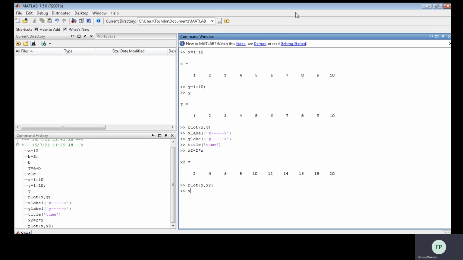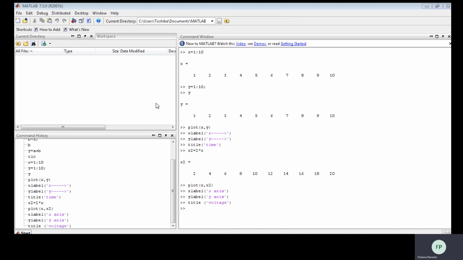Now let me label xlabel as x axis, ylabel as y axis, and let me give the title as voltage. See, x axis, y axis, voltage.